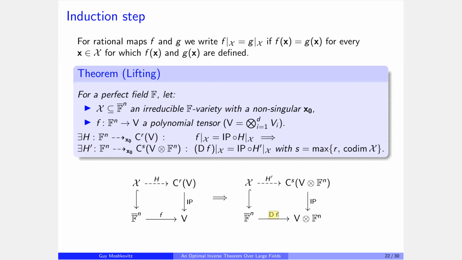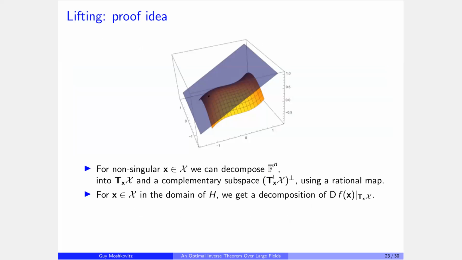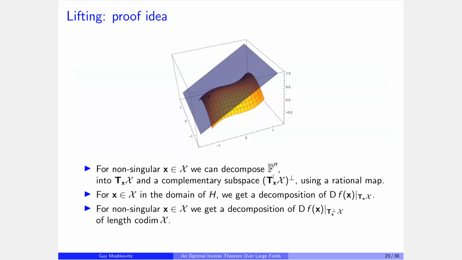Then if you take df, the total derivative of f, then we also have an h prime, another partition rank decomposition of that. Okay, we could stare at this for hours. It's pretty involved. I'll just very vaguely, very quickly mention that the general idea here is that you decompose